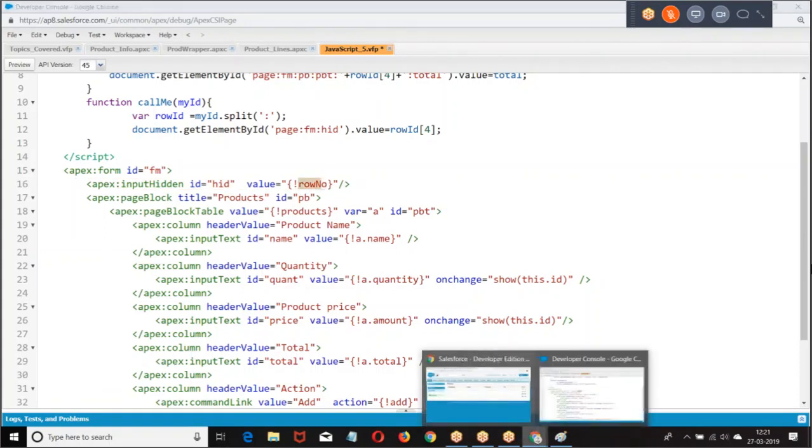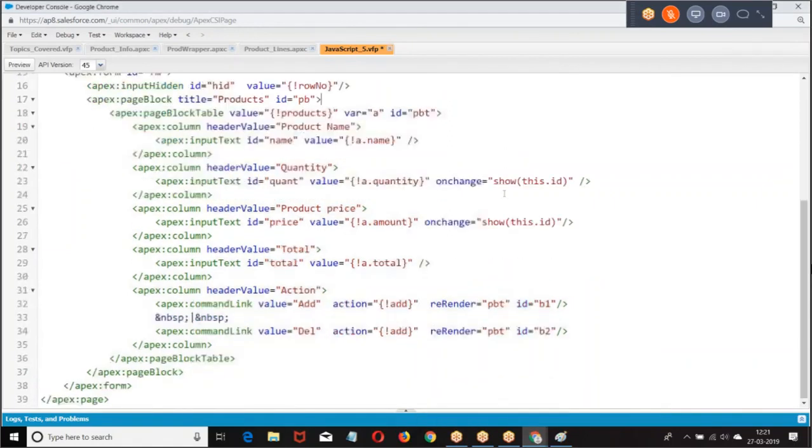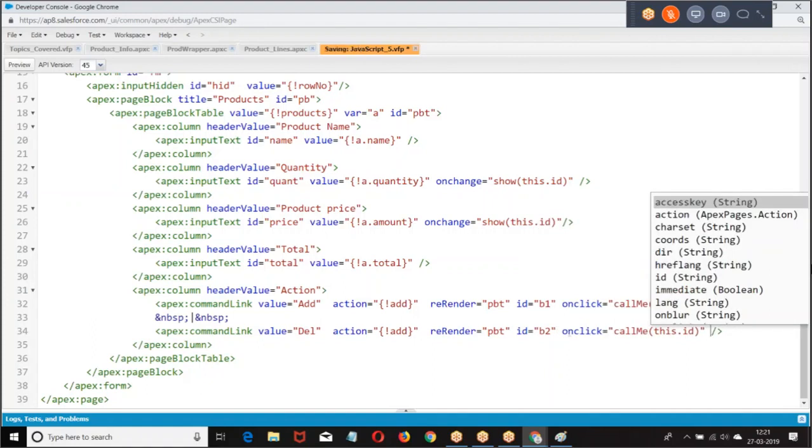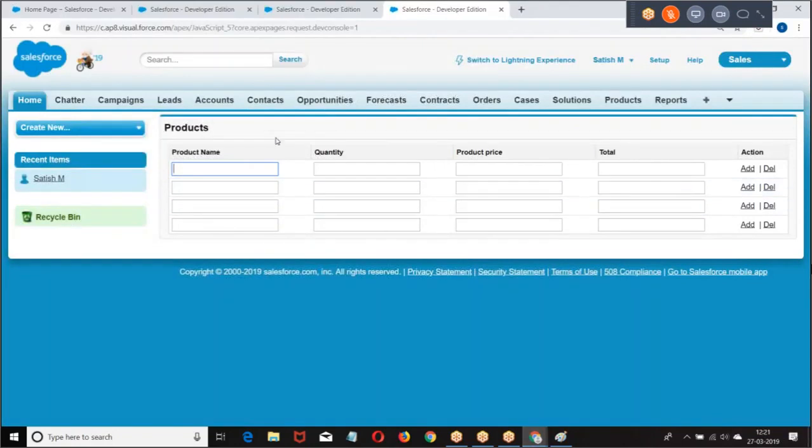Go back here. Go back to the structure here.